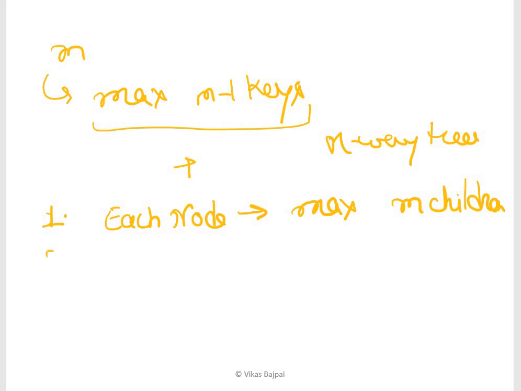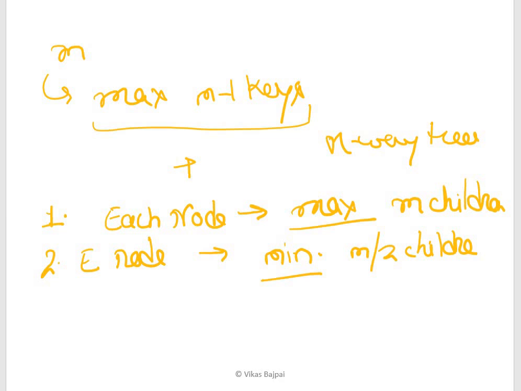And every node excluding the root and the leaf nodes will have at least m by 2 children. Right, here it is at most, here it is at least.